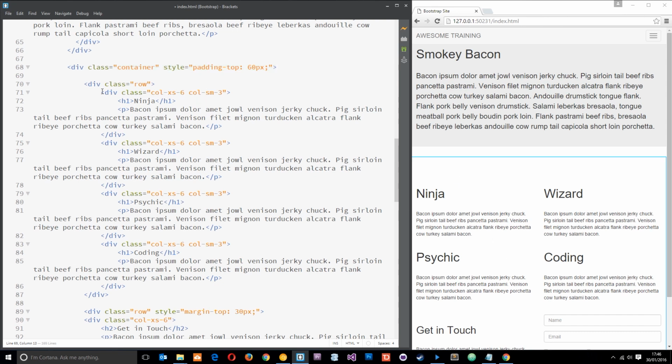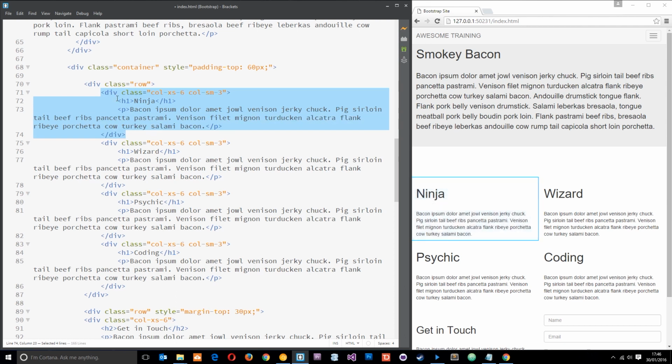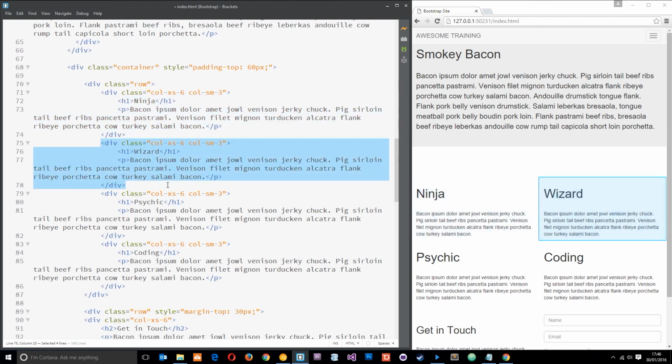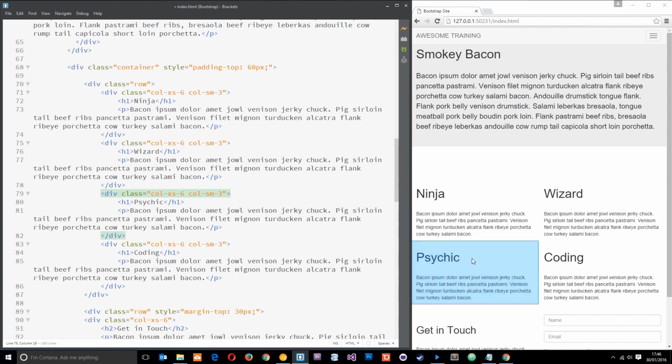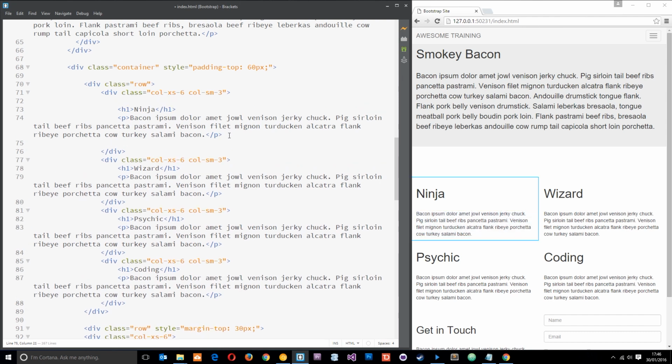And what we need to do, this is all this HTML right here. Each one of these divs is one of those things. You can see when I highlight a div, it highlights over here. So we're just going to start with this first one over here, this ninja one. Essentially what we need to do when we use a panel is place all the content that we want to be in the panel within a div, right? So we'll put a div first of all, and we also need to give this a class equal to panel,